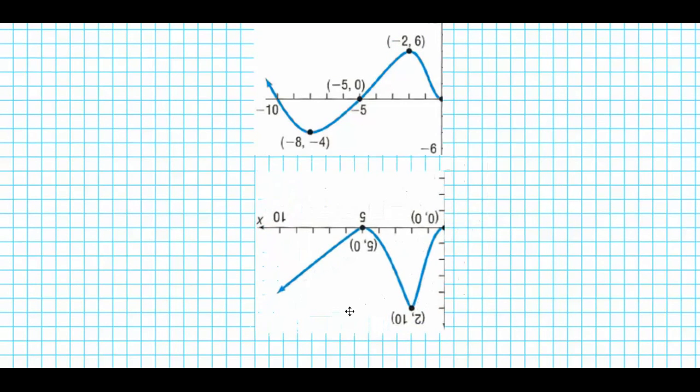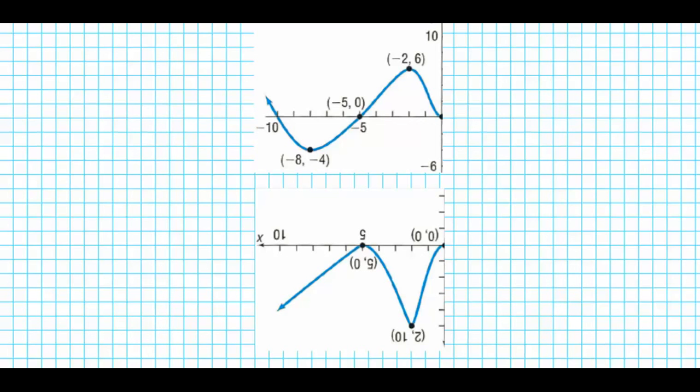Now, are they the same? The answer is no. So this graph is not symmetric about the origin. Since the two halves are different, this function is not odd. Okay, so let's write that down. Since the halves are different,